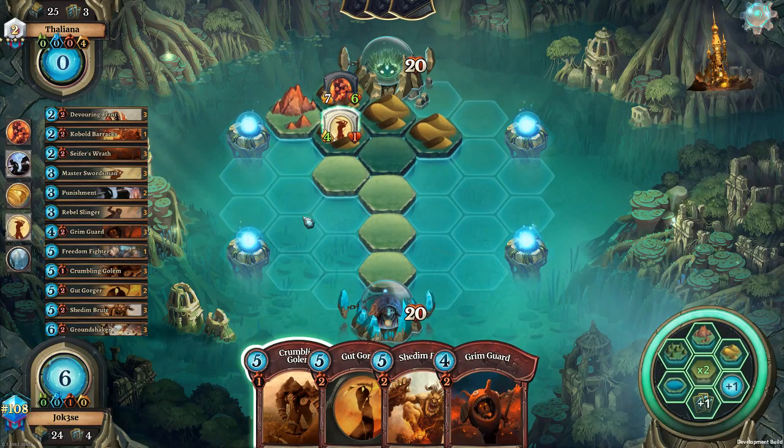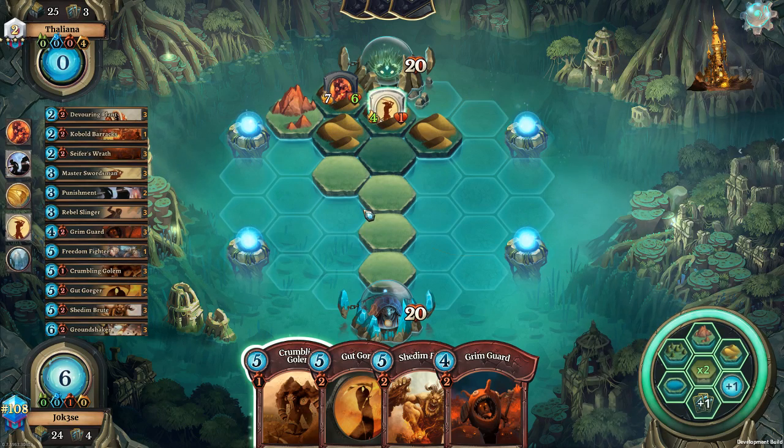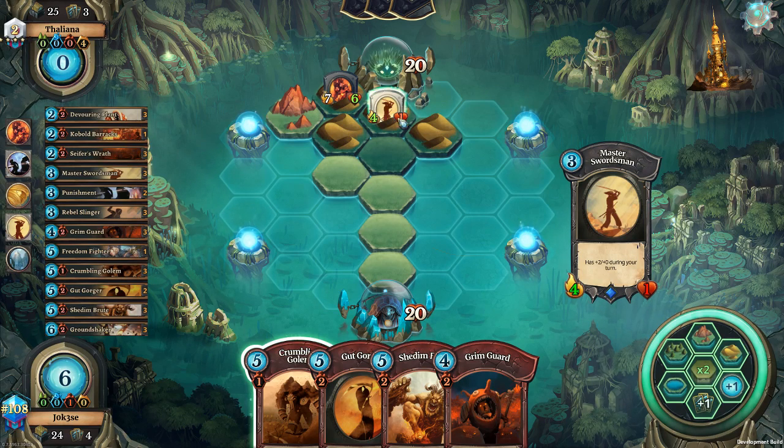Interesting. I guess you just hit face and develop the Grimguard card? Maybe? If I don't put down the Grimguard, it is greedy, though. It is very greedy. The thing is, the Mouse Assortment is only going to have 2 damage if I...